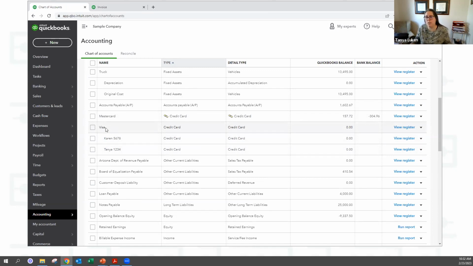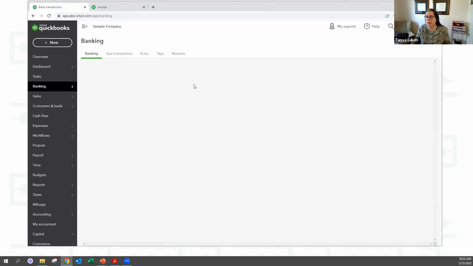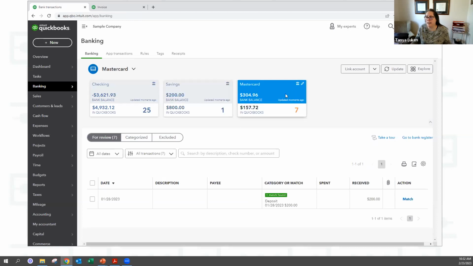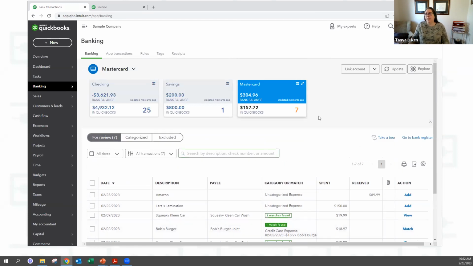Okay. So just keep that in mind. If, when you go to your banking, let's say we're looking at our MasterCard and we're like, wait a minute, these are only Tanya's charges, where are Karen's? If that's the problem you're having when you look at your bank transactions versus what's happening on your bank statements or your credit card statements, that's likely what it is: you need to create those sub accounts and then link them together. So, okay. Questions about setting bank accounts up?